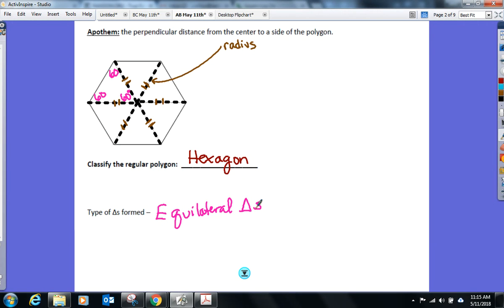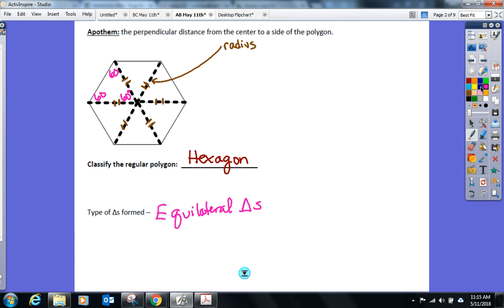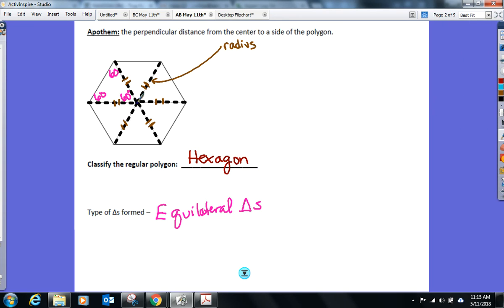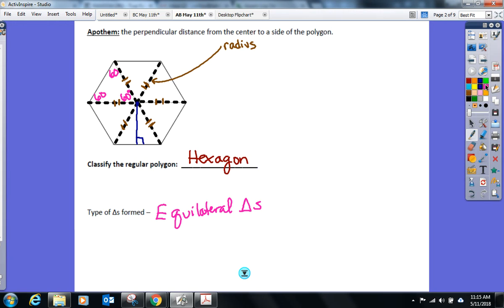All right, I'm going to introduce you to a new term, a new segment up here. Everyone go to the center of that hexagon for me. You can do this to any of the triangles. I'd like you to draw a perpendicular line down to one of the sides of the hexagon. I'm just going to take the easy way out and draw a perpendicular line down. That perpendicular line from the center to the side, I don't know if anybody wants to have the guts to try to pronounce this, but